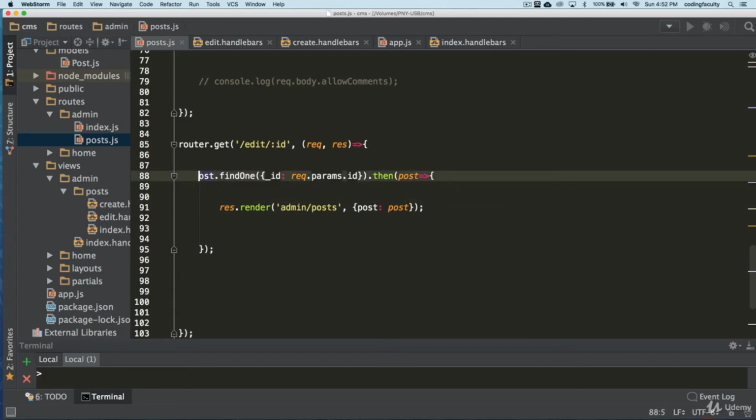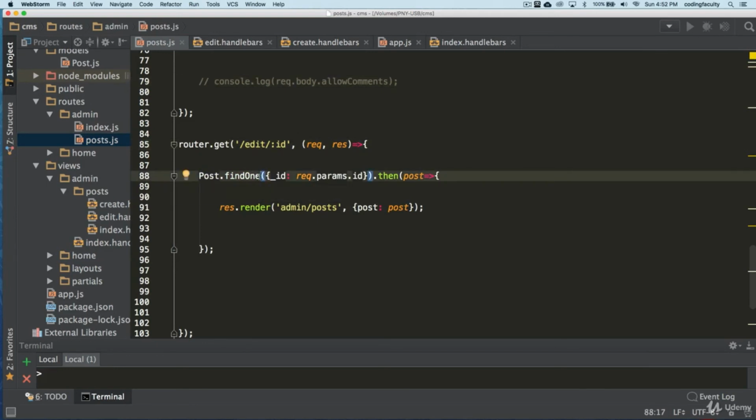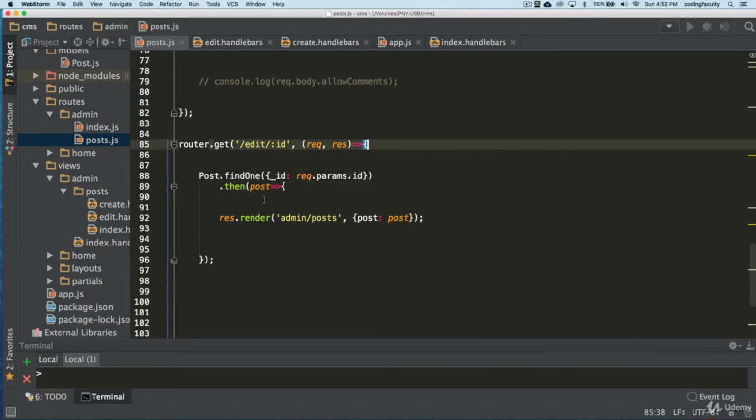This is a capital P. There we go, but hold on. That's weird. It's like I misspelled this one. My IDE is playing tricks on me, I guess. So _id, what am I doing here? request.params.id. Sometimes things get weird like that, guys.